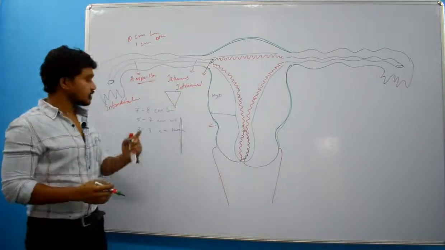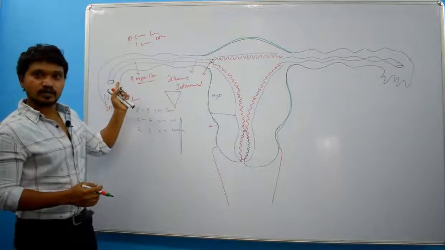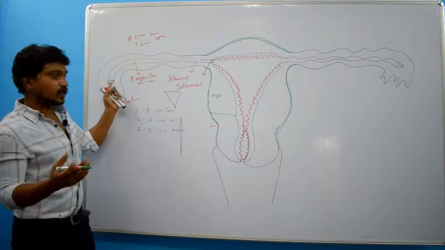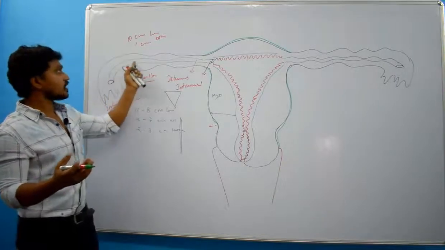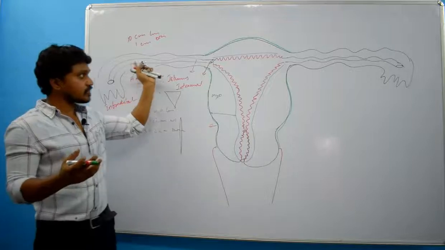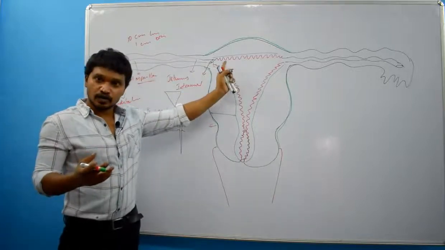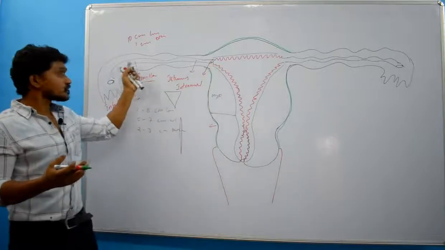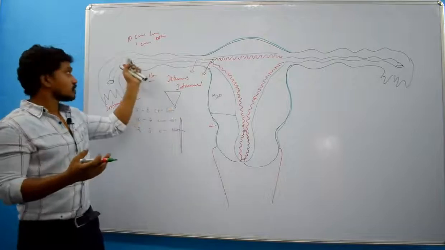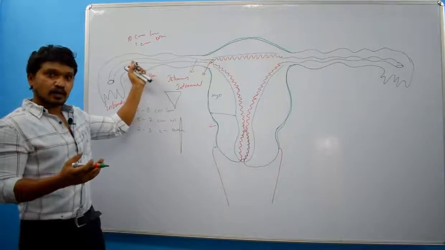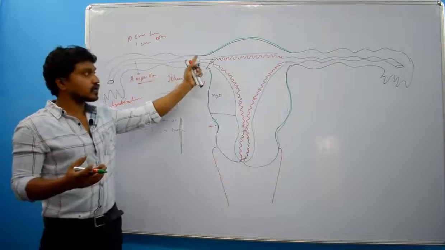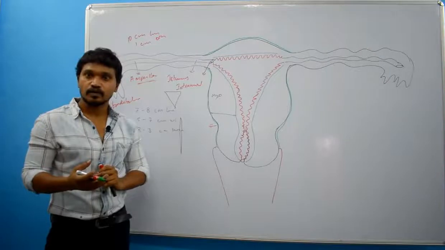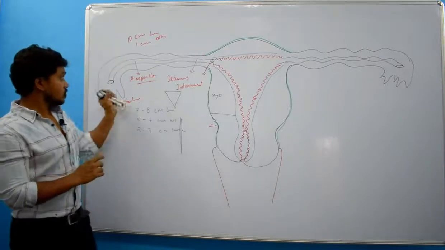Right? Actually, through this communication, the ovulated ovum enters this opening, and it will be fertilized over here, and the fertilized zygote will reach the uterus through this opening. Right? If there is no fertilization also, the secondary oocyte passes through this lumen, reaches the uterine cavity, and it will degenerate. Right? So that is about the fallopian tube.